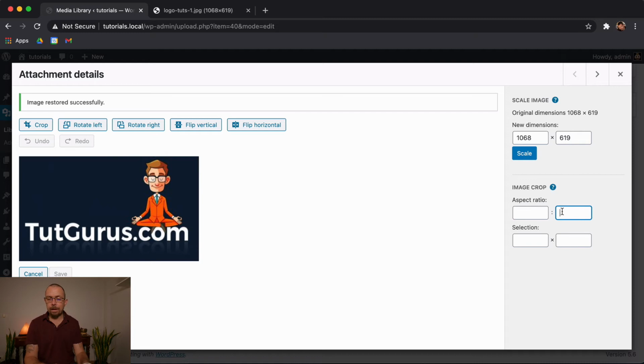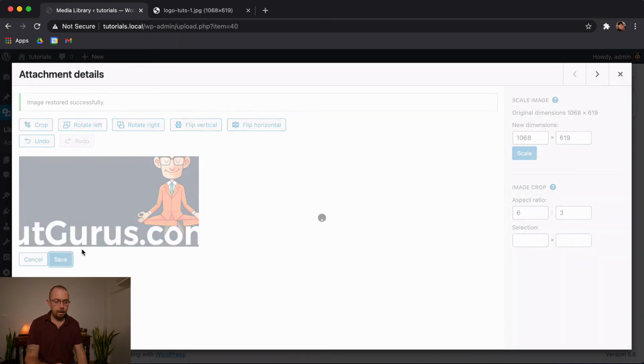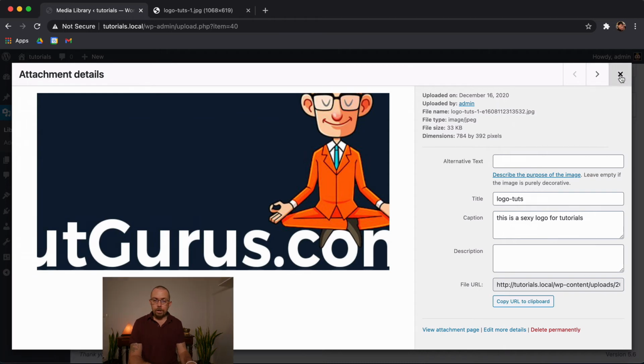And then you've also got an aspect ratio. You've got your own image crops that you can put in your own. So actually when you crop, you'll notice that over here on the right, this changes depending on the crop size, or you can have in your aspect ratio. So let's say 6:3, and that will make the aspect ratio of the crop to be that. We simply choose crop, and that crops out at that. Again, if you have mistakes and stuff, then you can always come back. I'm just going to save that and keep that for that. Now, so I'm going to come out of here.